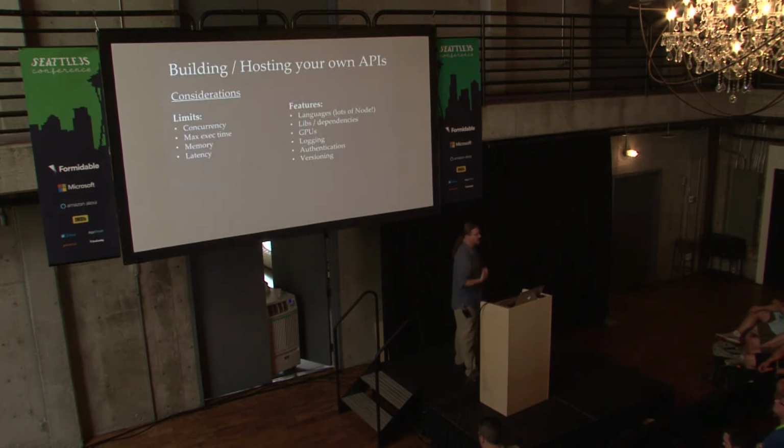Things you want to think about as you do that, just some considerations. Do your providers, whether it's a roll-your-own or one of these cloud-based services, support full concurrency? Do they have limits on the execution time that's allowed? Lambda, for example, has a fairly short window in which your function must complete and return, or it just kills it. And that's one of the things you want to think about as you use those services. How much memory you're allowed to use, what's the overhead latency of that particular system. It's going to be heavier with those proxy-based systems than it is with the cloud providers, for example.